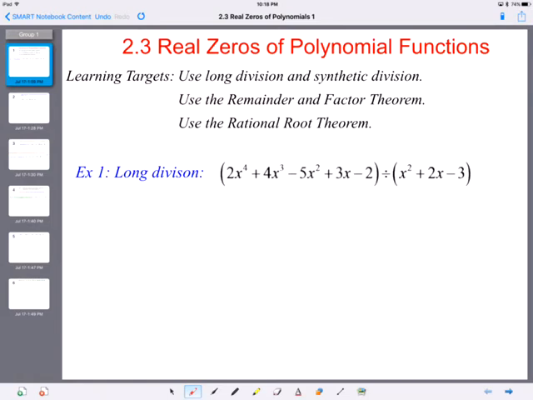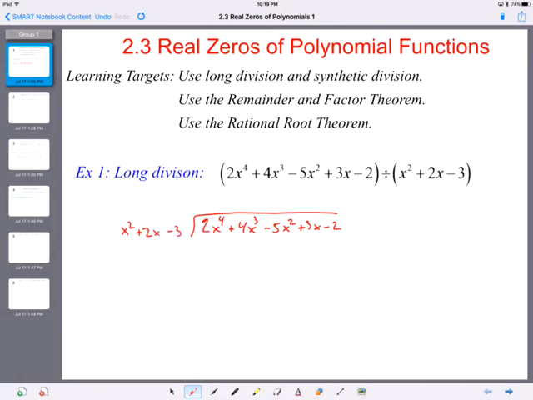So the first thing is just going over some division things that we need to know how to do. Long division, similar to what you guys did a long time ago in middle school and elementary, but we're going to do it with polynomial functions. So here we go. We're going to put 2x to the fourth plus 4x to the third minus 5x squared plus 3x minus 2, and we're going to divide that by your divisor x squared plus 2x minus 3,